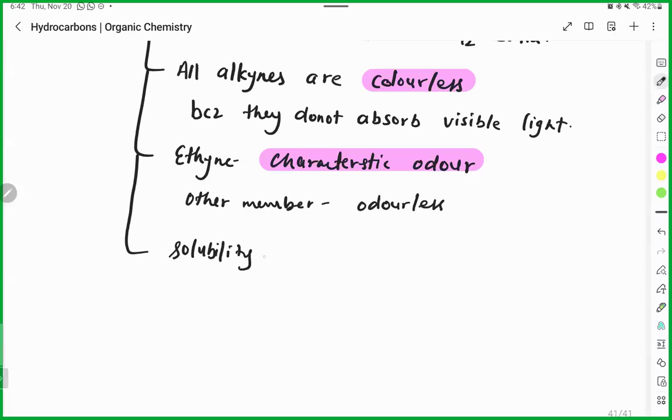Yes, early members can be, because they can react with oxygen and hydrogen bonding is possible, because alkyne is highly acidic in nature. But most of the members are immiscible in water, you cannot dissolve them. Alkyne in small amounts you can, but again the issue is